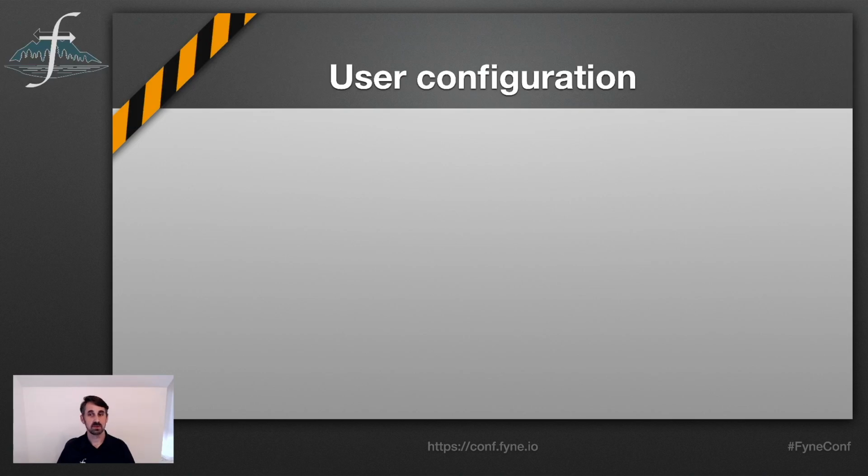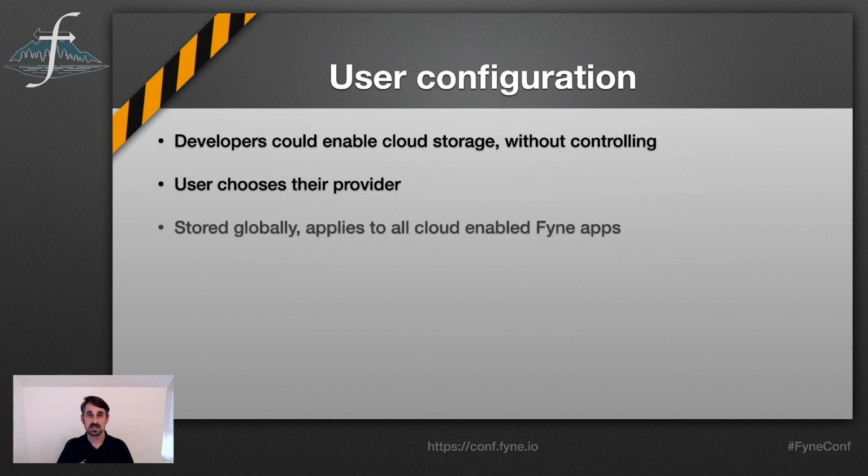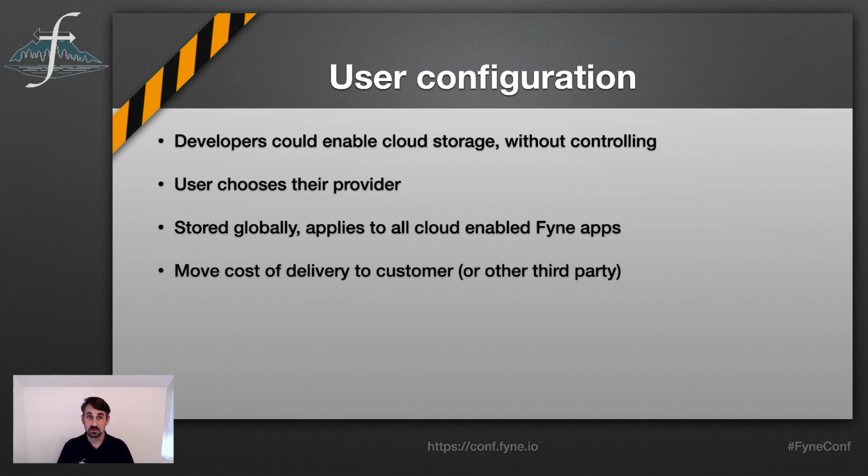However, that's great if you want to deliver a specific backend, but what if users want to choose? So we would like to enable that as well, so that developers can enable cloud storage without necessarily controlling where that cloud is. Users would then be able to choose their provider. This data would be stored globally to the user's desktop or device, and it would apply to all cloud-enabled Fyne applications, which means you set it up just once and it's going to work for all other applications that you install. It moves the cost of delivery off the developer